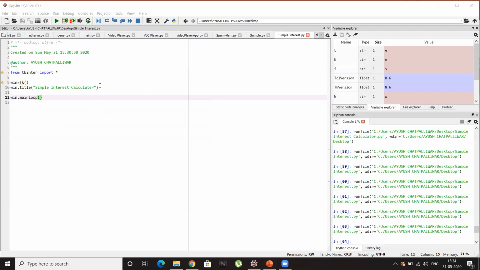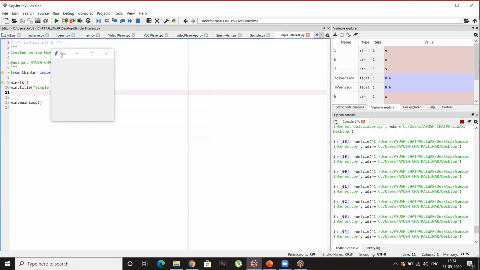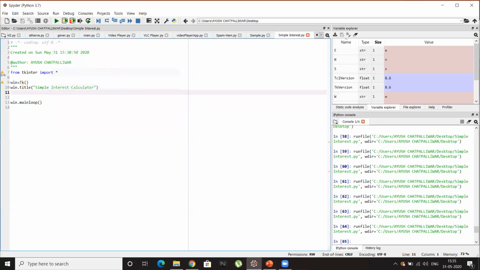So now I'll change the geometry, meaning the height and width, because you saw that our window is very small. We need to change the default size of our window. So to change the size of our window, there is a small function, the geometry function, win.geometry.